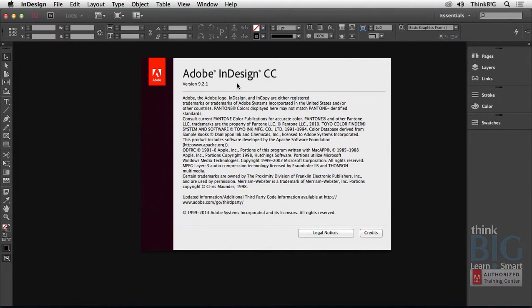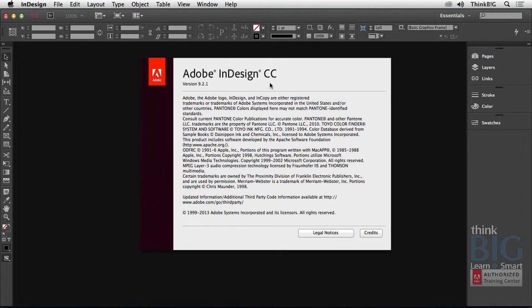In this tutorial, you'll learn the smart way to place and scale graphics in Adobe InDesign. Notice I'm using Adobe InDesign CC, which stands for Creative Cloud, on the Macintosh. However, this will work with Windows as well as older versions of Creative Suite, such as CS5 or CS6. And this video is intended for beginners, but I'll include some tips and tricks for intermediate as well as advanced